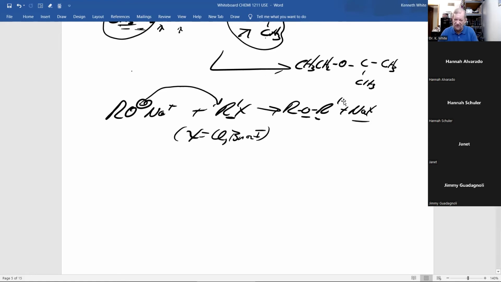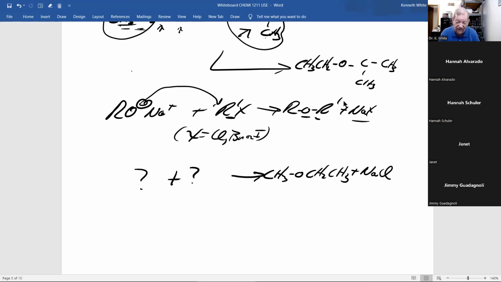Oh, let's have some real fun with this. On test 2, I'll have a couple of synthesis questions. It's your turn to try it, and then I'll do it. What two things would you react together to make those two compounds? Your turn. We might go a couple minutes over past our break, but I'll still give you the time. You know I don't cheat you.